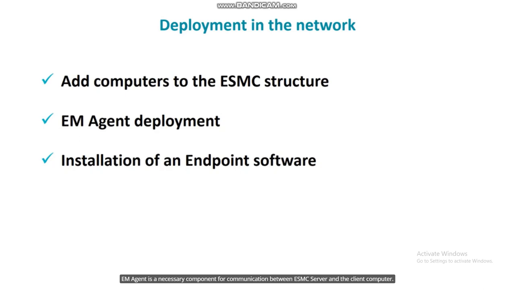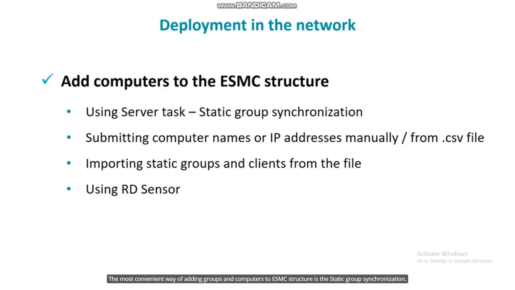EM agent is a necessary component for communication between ESMC server and the client computer. The third step is the installation of endpoint software in order to have the client computers not only managed but also protected. The most convenient way of adding groups and computers to ESMC structure is the static group synchronization. It is a server task that searches your network for computers and puts the computers into static groups in ESMC